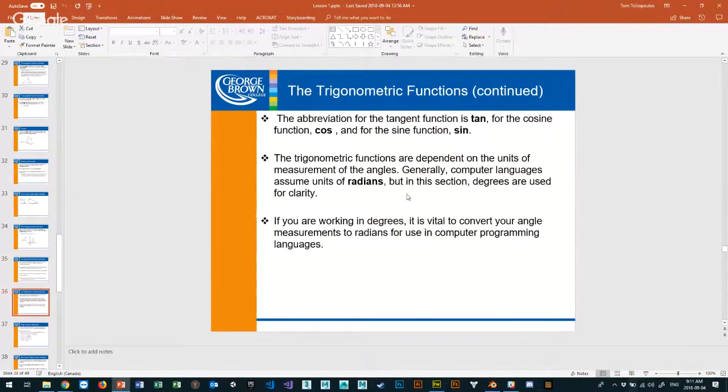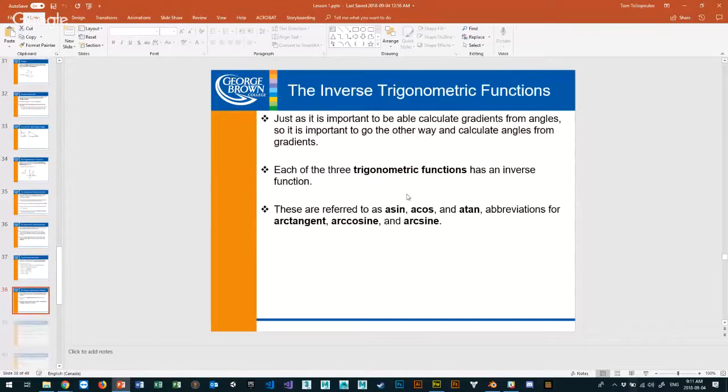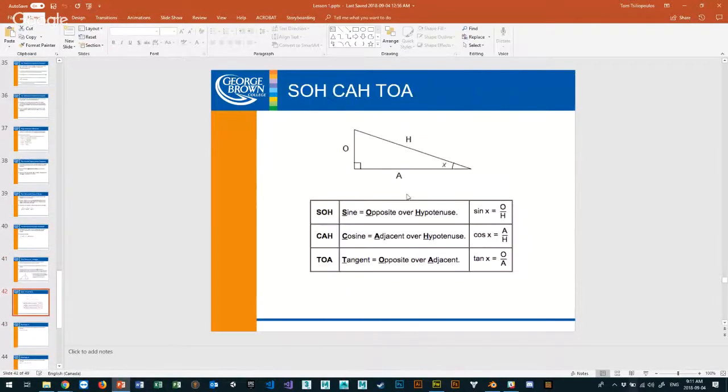So what I'd like to do is skip this for a second. We'll go down to the next slide, and I'm going to come back to the other one. You have this little equation, which I highly recommend. I'm going to put this on your cheat sheet, but you should remember this, right? It really talks about the ratios of the other two sides. So if I want to figure out the angle, and I have A, the adjacent, and H, the hypotenuse, and I want to find the angle X, I'm going to use cosine, right? Cosine is a quick way of doing it. I need the adjacent and the hypotenuse.